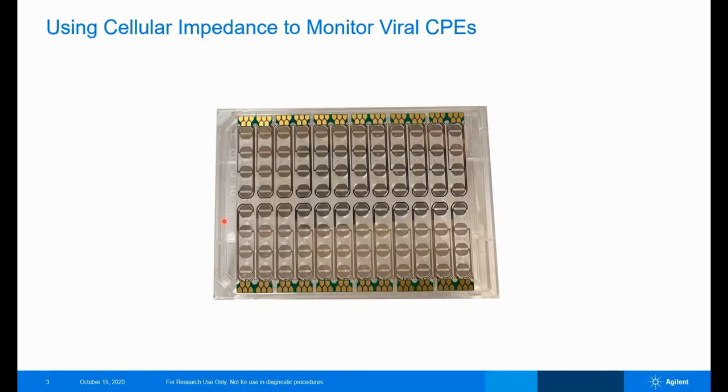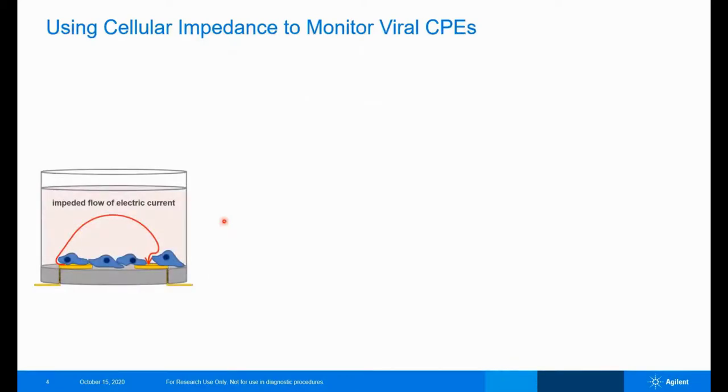To understand what the biosensors are doing, I'm zoomed in here on a single well from one of these plates. eSight provides very weak electric potential to the bottom of the plate, and this causes electric current to flow from one biosensor to the next. If cells happen to be present, they act as insulators, meaning they resist the flow of that electric current. Another word for that resistance is impedance.